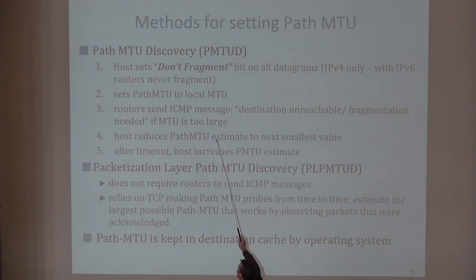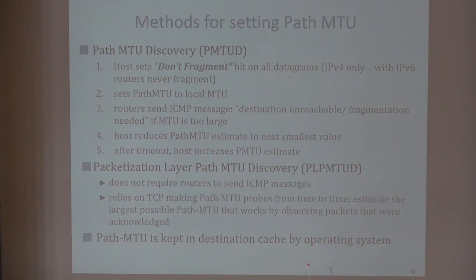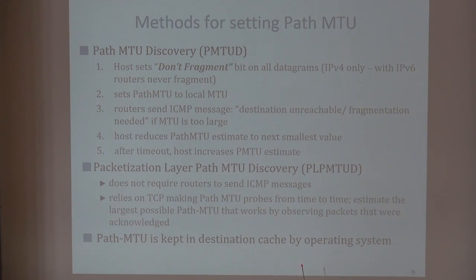One classical way to do it is to rely on ICMP error messages. There are not such a large number of possible sizes. I've shown practically an exhaustive number of MTU sizes. So you try the largest that is possible, so the size of your interface, if you're on Ethernet, 1500 bytes. You try to send packets. If you get an error message, you decrease. And if you still get an error message, you decrease again. And once in a while, like nasty children, you need to increase, try again the thing that did not work before, just to see if you get the same punishment.